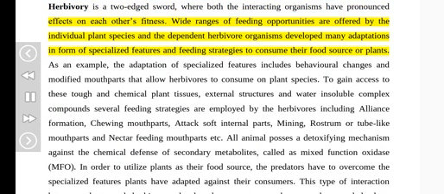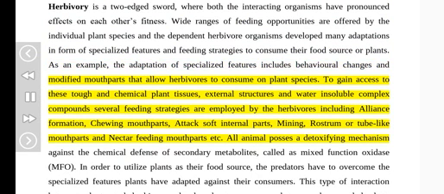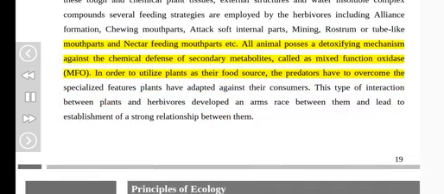Wide ranges of feeding opportunities are offered by the individual plant species, and the dependent herbivore organisms developed many adaptations in the form of specialized features and feeding strategies to consume their food source or plants. As an example, the adaptation of specialized features includes behavioral changes and modified mouthparts that allow herbivores to feed on plant species. To gain access to these tough and chemical plant tissues, external structures and water-insoluble complex compounds, several feeding strategies are employed by the herbivores, including alliance formation, chewing mouthparts, attack soft internal parts, mining, rostrum or tube-like mouthparts, and nectar-feeding mouthparts, etc. All animals possess a detoxifying mechanism against the chemical defense of secondary metabolites, called mixed